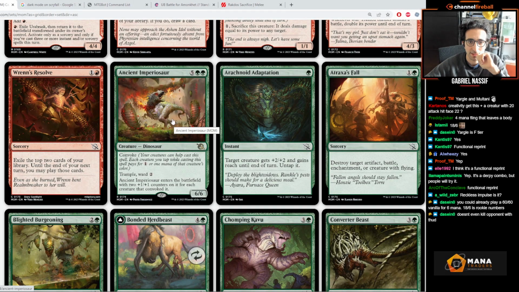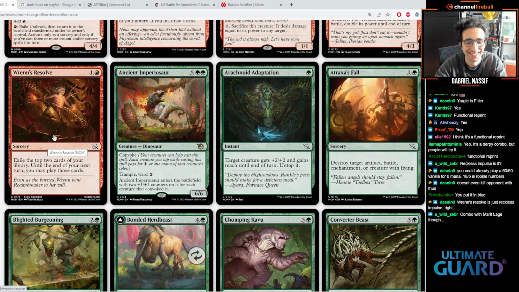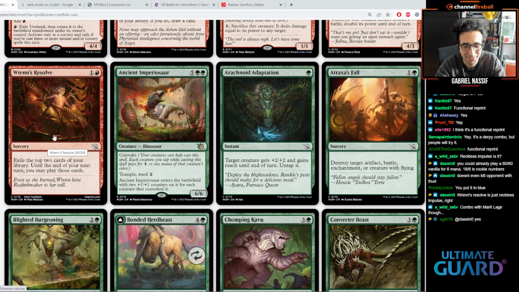Alright, green. Ancient Imperiosaur. 7 mana, convoke, 6/6 trample, ward 2. When it enters the battlefield, it gets a +1/+1 counter for each creature that convoked it. Oh, and it has trample? I mean, that card's kind of big. I don't know. Anyone that will want that kind of card